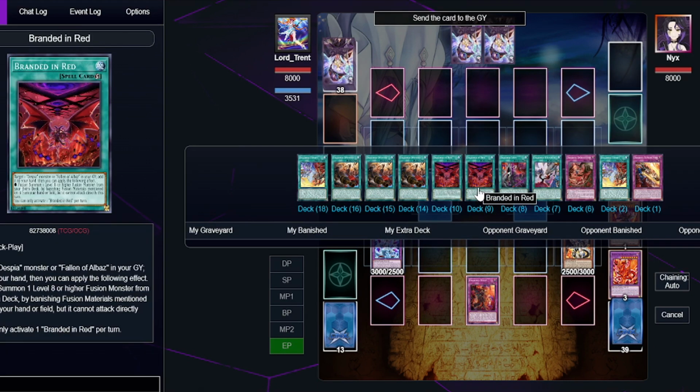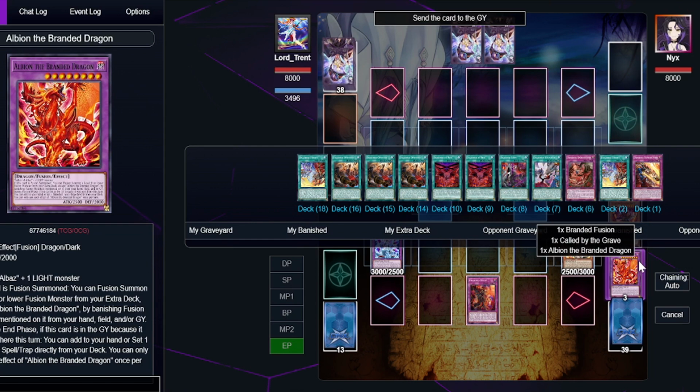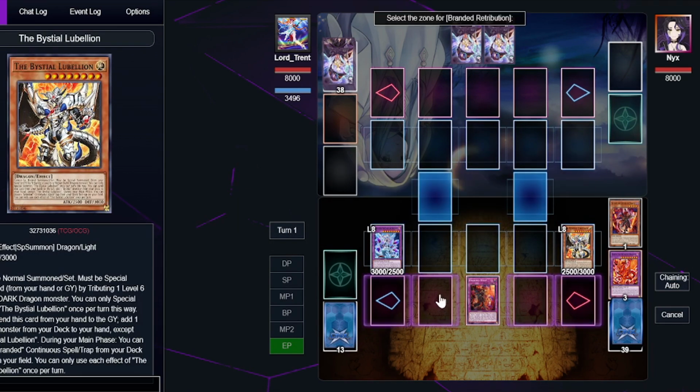We can get either Branded in Red, or just for the showcasing in the video, you can actually get the Branded Retribution, which is basically a counter trap. It can negate a monster, spell or trap. And basically, as long as you have 2 fusion monsters in the graveyard, you can negate a monster, spell or trap, which is really cool. And then it has a second effect, which lets you banish this and then add back a Branded spell trap card to your hand. So basically, it's like a +2 just off of sending the Albion Dragon. So we're going to set that, and then...